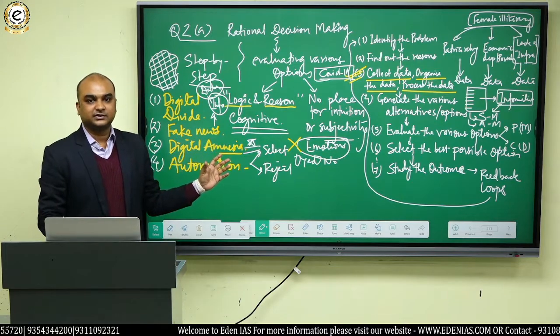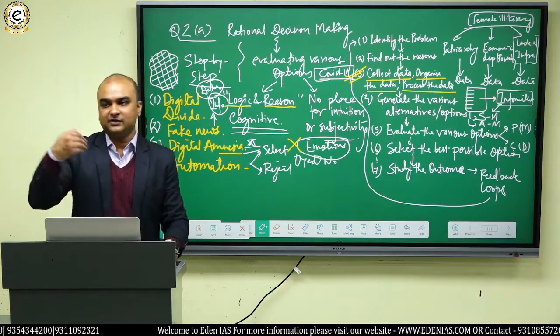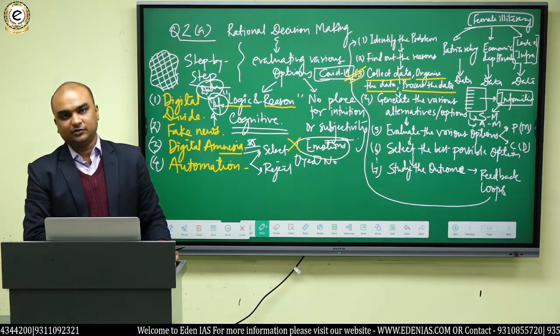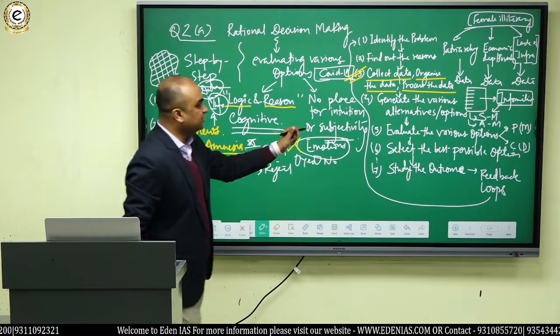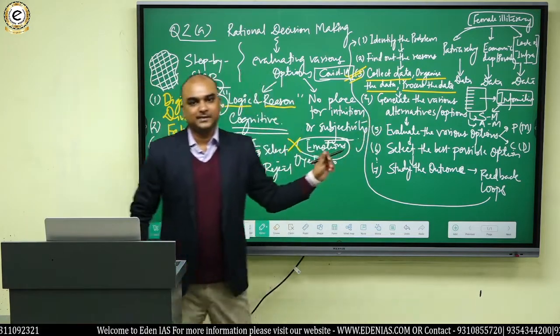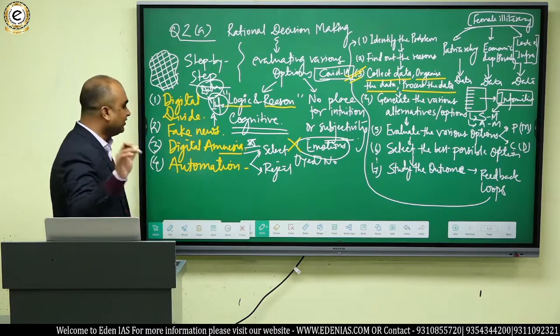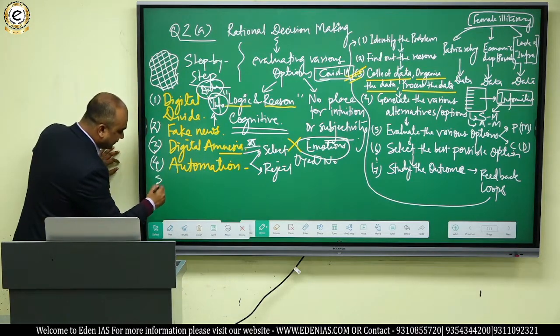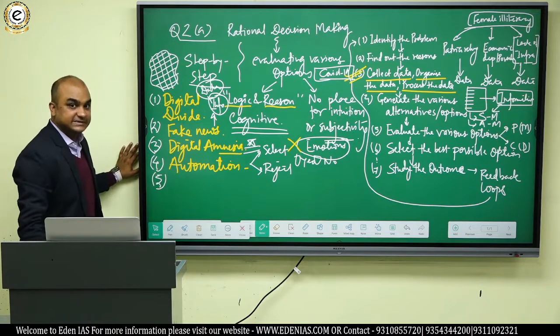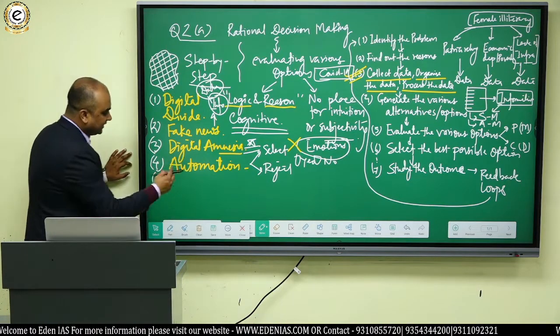Because of automation, it could be that the information that has gone in is not correct information, and if the information is not correct, then you can understand that the decision making would also not be so prominent. Do you get that? Now, look here, the fifth problem with digital data collection is that